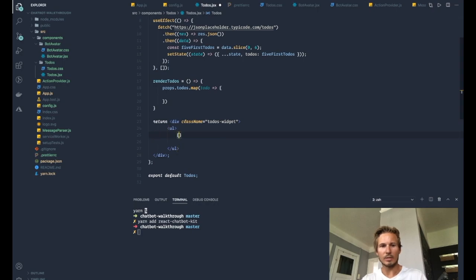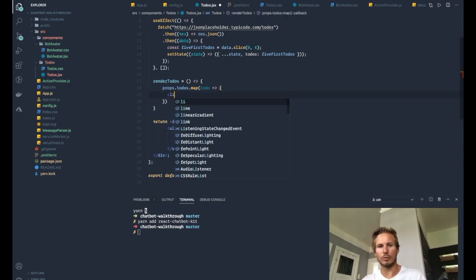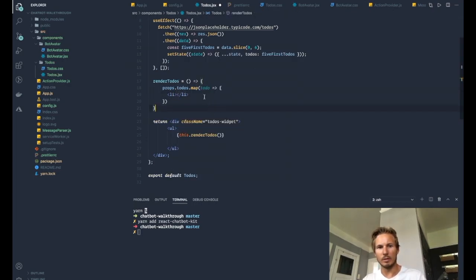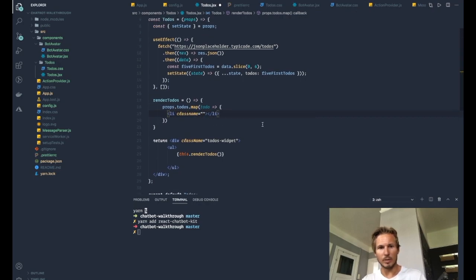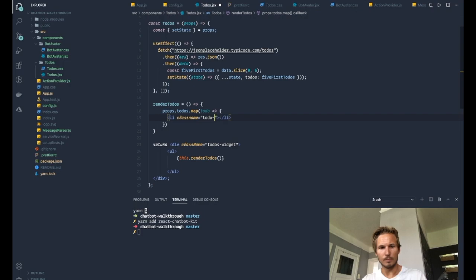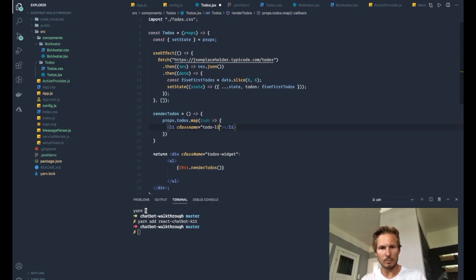So inside of here we'll do this renderTodos, and we want this function to return list items with the to-do text. So let's say this is going to be todo-list-widget